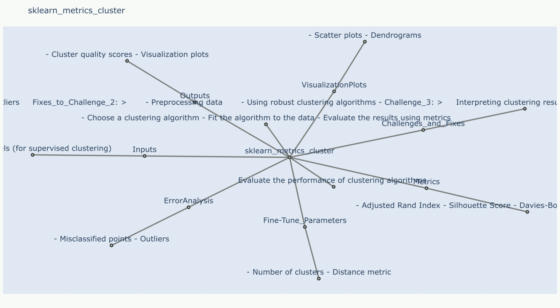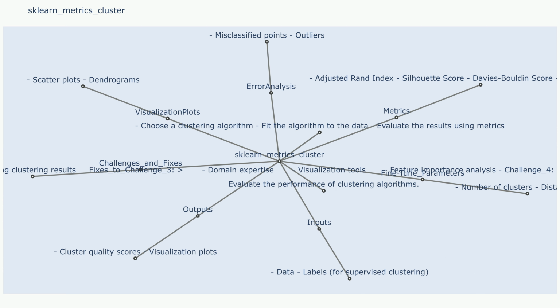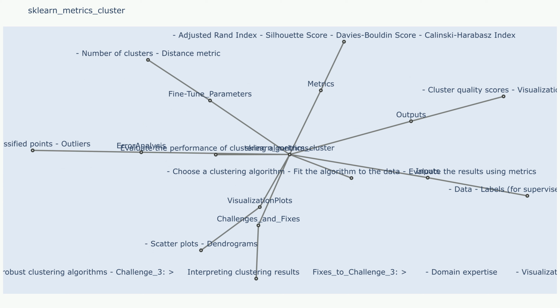Parameter 3. Explain in detail linkage criterion for hierarchical clustering. This parameter defines the merging strategy in hierarchical clustering. Options include single, complete, average, and Ward linkage. Uncertainty methods. Uncertainty method 1. Explain in detail. Bootstrap resampling. Repeatedly sample data with replacement and run the clustering algorithm on each sample. The variance in the resulting cluster assignments can be used to estimate the uncertainty in cluster assignments.